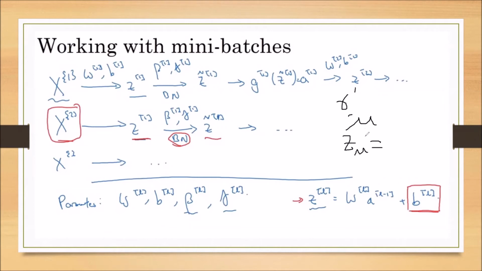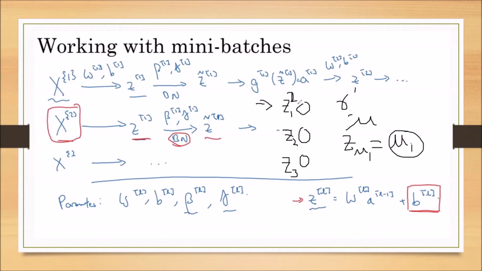Example, if you are taking the summation of 1,000 training samples for the first unit, that I am calling mu1. Whenever I am getting that Z summation of all, example, if you are taking 3 activation units in the first layer, the first activation unit's Z value is Z1. Second activation unit Z value is Z2. Third activation unit Z value is Z3. Okay. Now, when I give the first training sample, the value of Z1 is Z1 superscript 1. When I give the second training sample, the value of Z1 is Z1 superscript 2.